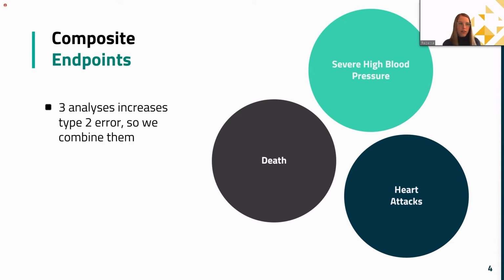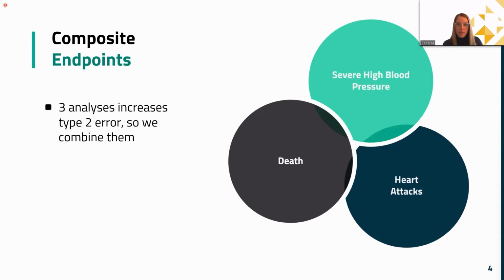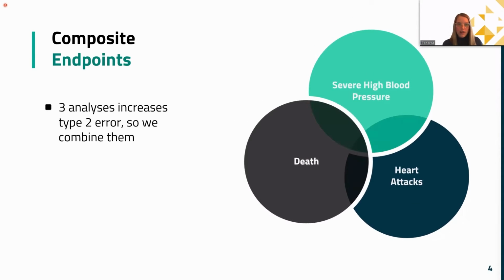But when we have 3 different outcomes and we do 3 different analyses, that increases our type 2 error, which is the likelihood that we will find an effect or declare that a treatment is effective when it actually isn't. So instead we combine them. And this is what we call a composite outcome. And in this sort of setting, having any one outcome counts as an event. So if I have severe high blood pressure, that counts as an event. If I have a death, that counts as an event. If I have all 3, that counts as an event. So you might be starting to twig onto some of the problems that composite endpoints